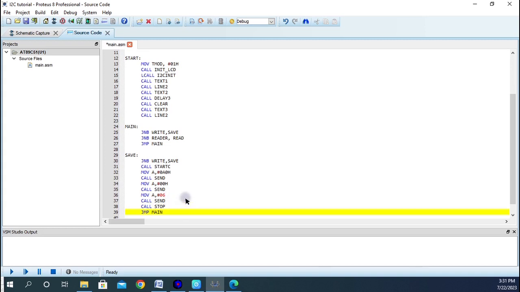Okay, that's what we have. Once we press this button, it will save this 06 on this memory location and now come back again. And once you save it, it remains there. It will not leave that particular location until you remove it. Okay, let's now go down again to